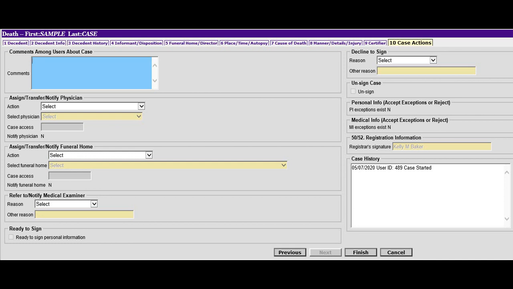Think of tab 10 as the directional tab of ROVER. The information on tab 10 will direct the system to the appropriate area for completion of the record. First, you will notice the Comments Among Users box. The Comments box is where you will enter helpful information for the online physician, the medical examiner, or us here